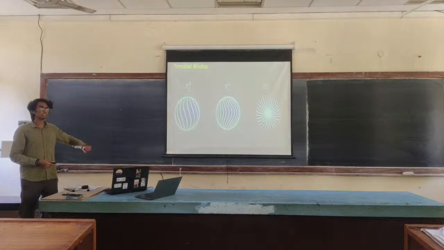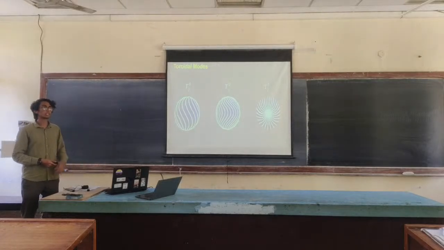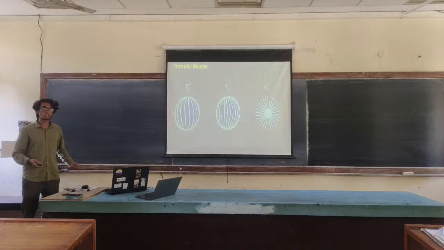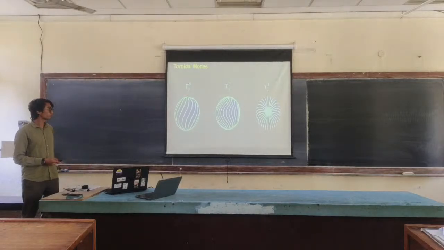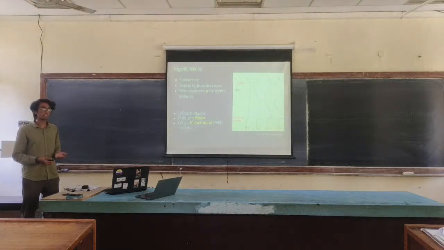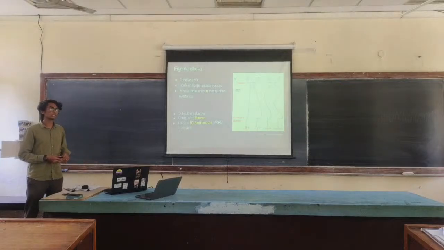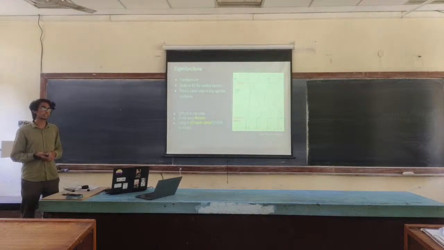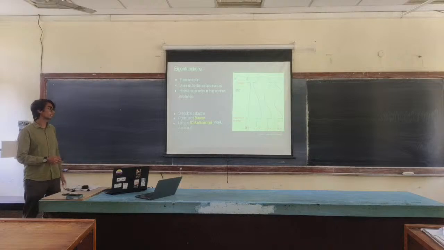All of these animations are heavily exaggerated because if they were made realistic, we wouldn't be able to see the displacements at all since they're very small. Now we'll come to the eigenfunctions, which give us the radial dependence of the displacement. These are called eigenfunctions because they are obtained by solving the elastic wave equation for a spherically symmetric and isotropic Earth. And because they depend on the constraints given by the system itself, they are calculated for a specific